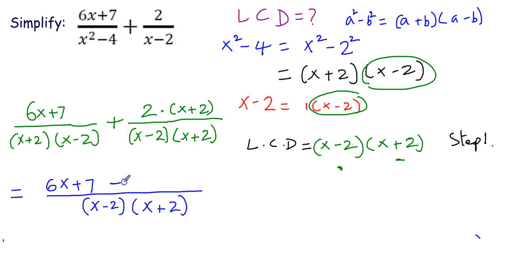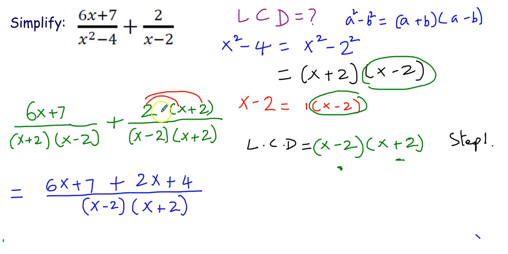Plus is there, so I'll write a plus sign. 2 times x plus 2. So while bringing down this 2 times x plus 2, we can even use the distributive property and write it as 2 times x, 2x plus 2 times 2 is 4. By doing this, we are saving one step. This, instead of copying 2 times x plus 2, I copied as 2x plus 2 times 2,